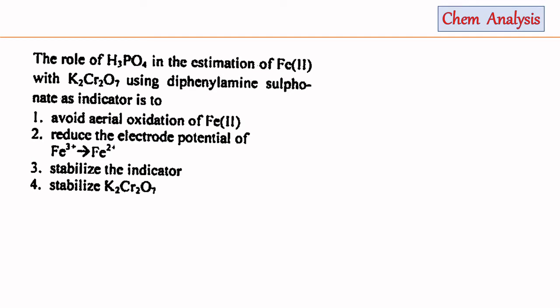Now to solve the question, first of all, since it is a redox titration, we have to know the redox potential for the different half cells. First, potassium dichromate: here chromium is in +6 oxidation state and it will go to chromium 3, and the redox potential for this is 1.33 volt. Similarly for iron 3 to iron 2, the redox potential